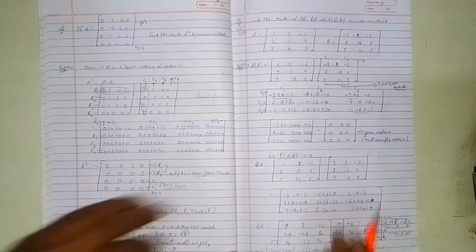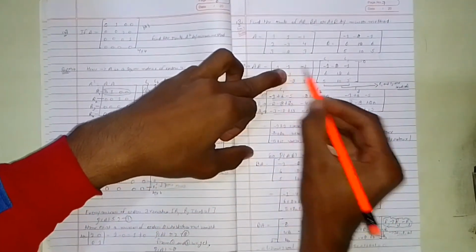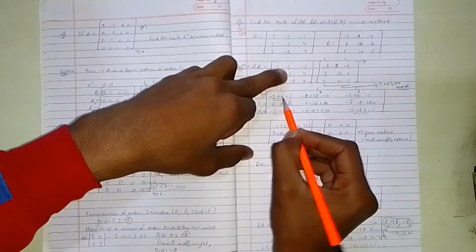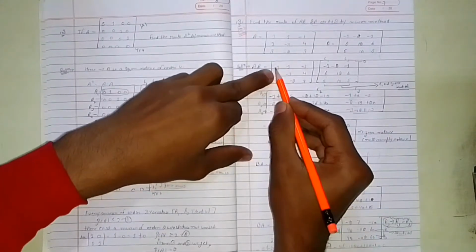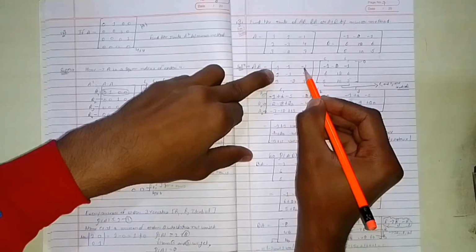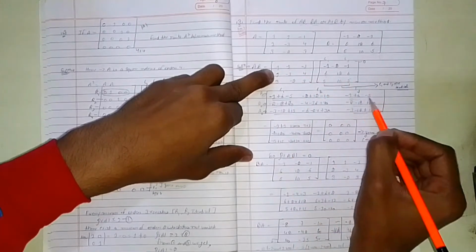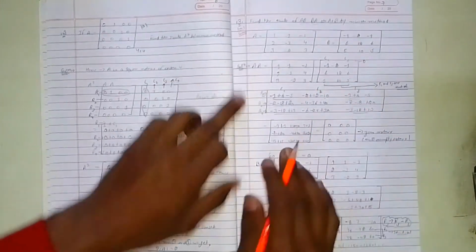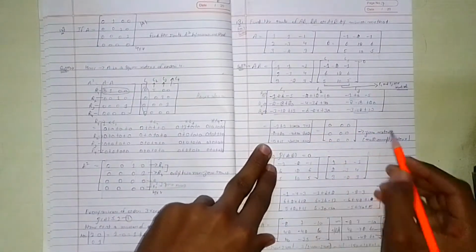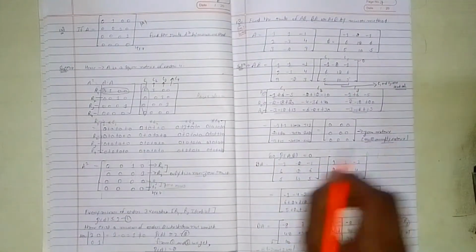So I am starting to multiply. You know how to multiply order 3. 1 into minus 1, that is minus 1. Now second element with the first column: 1 into 6, that is plus 6, minus 1 into 5, that is minus 5, 1 into minus 2, that is minus 2, 1 into 12, that is plus 12, minus 1 into 10, that is minus 10, 1 into minus 1, that is minus 1, 1 into 6, that is 6, and minus 1 into 5, that is minus 5. By solving this I got a zero matrix, named a null or empty matrix in your book. I don't know what it's named in your book, but I mean a zero matrix.